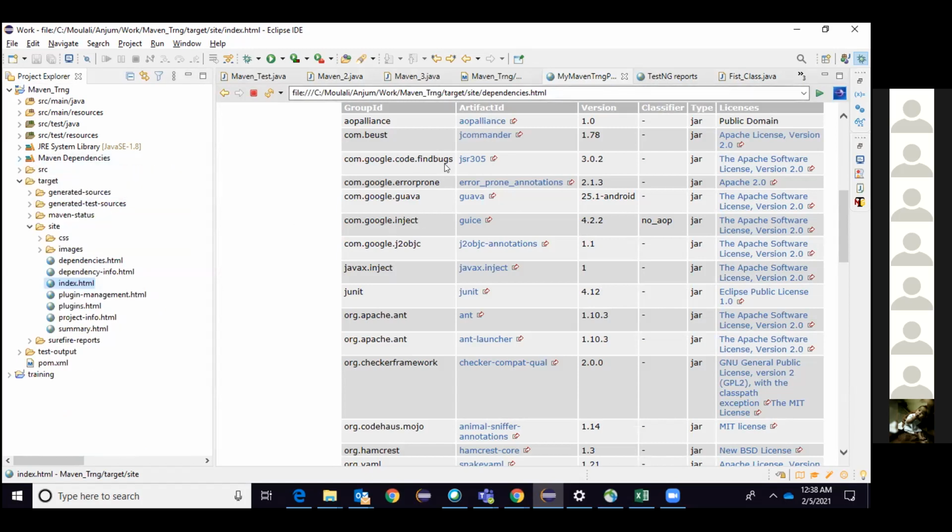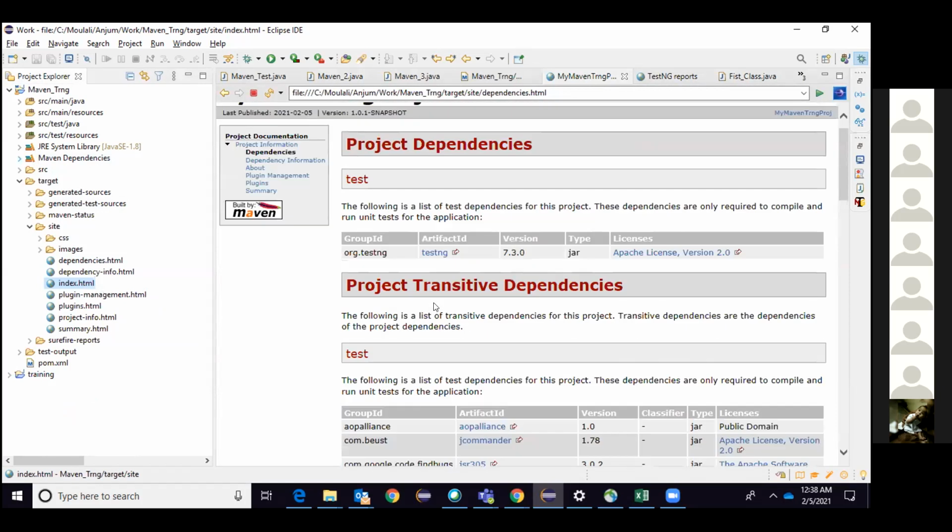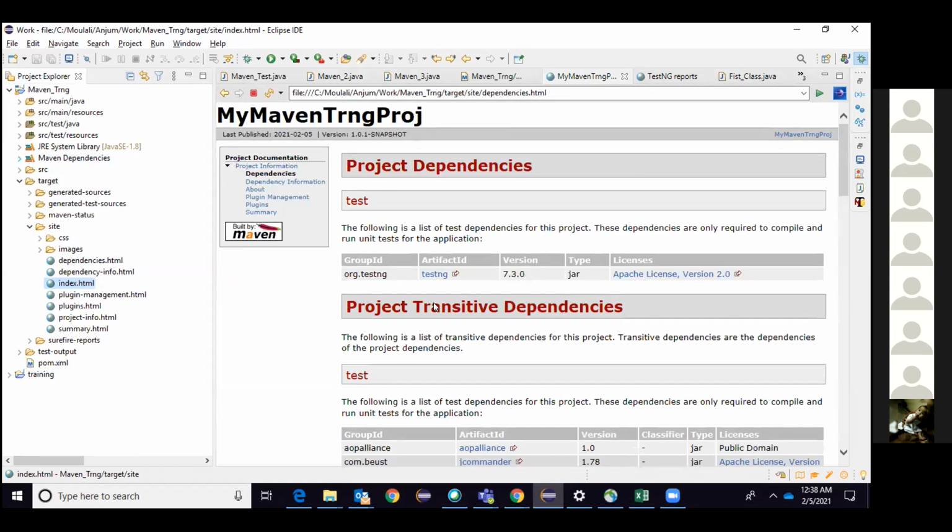Murali, one quick question here. Actually, we didn't add any annotations or decorators for this one, right? So how was it generating this by default? That's it, Machi. Basically, the major aim of site is that it will identify all the dependencies in your project and generate them automatically.